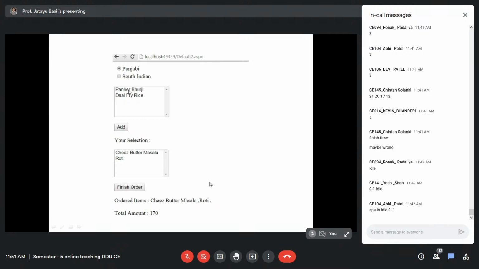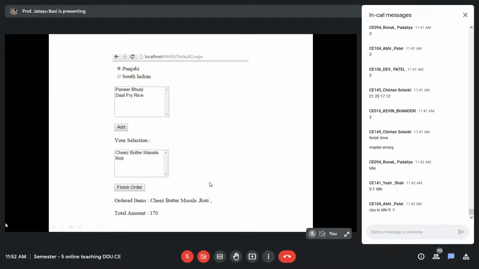Then you can select one or more items from this list box. Okay, so by default, remember that from the list box you will be able to select only one item. For allowing multiple selections, you have to set one property, that is listbox.selectionmode. So set that selection mode property appropriately so that you are able to select multiple items if you require that in your application. Okay. So when you press the Control key, you will be able to select multiple items.